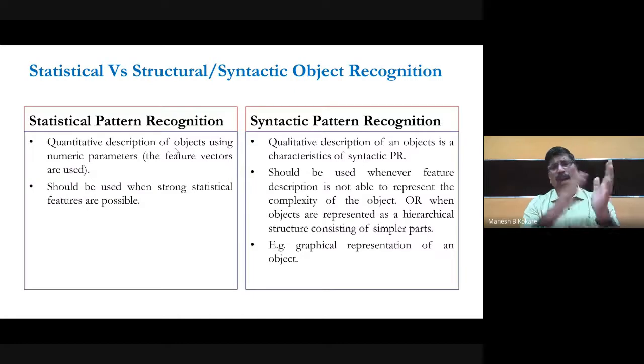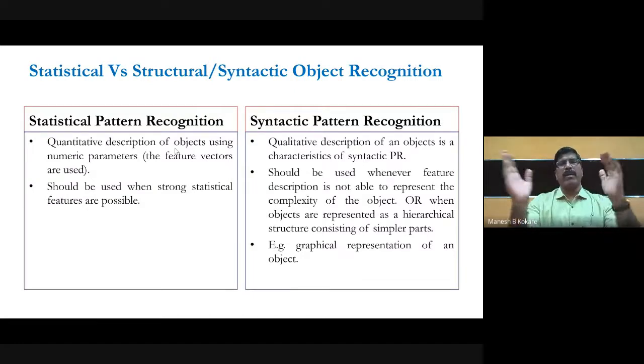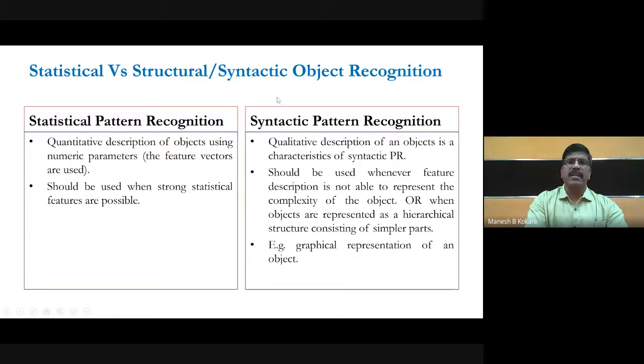So we'll see the one-to-one difference between the statistical approach and the structural or syntactic approach. Sometimes it is called the structural approach, sometimes the syntactic approach. Statistical object recognition is a quantitative method because you are using numerical values for describing the object, and from that you form the feature vector.